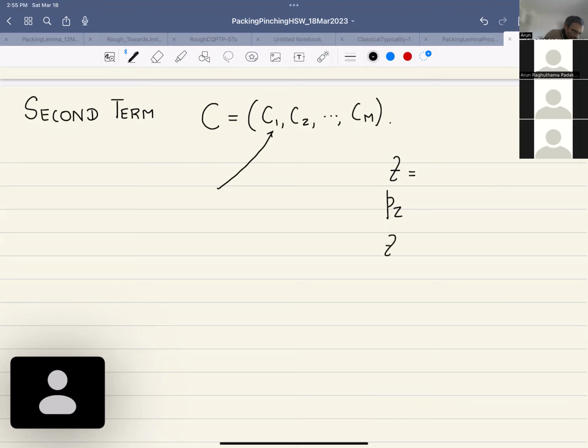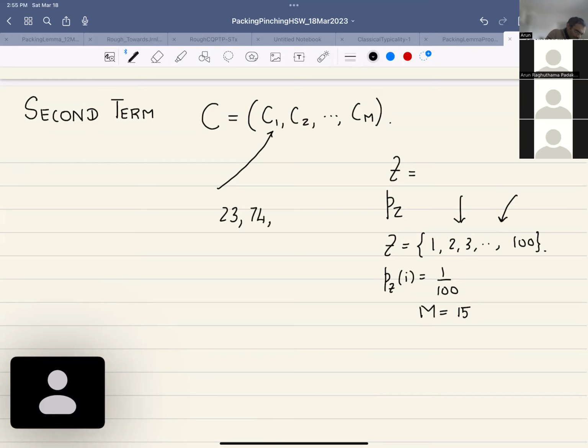Think of Z as, say, 100 indices: 1, 2, 3, all the way until 100. And I have some distribution. For simplicity, assume the distribution is uniform, so each index has probability 1 by 100. I want to choose a collection of size M equal to, say, 15. I will pick one among these uniformly at random. I might get index 23, and I put it there. I pick another uniformly at random, say index 74. I put it. And so far I populate